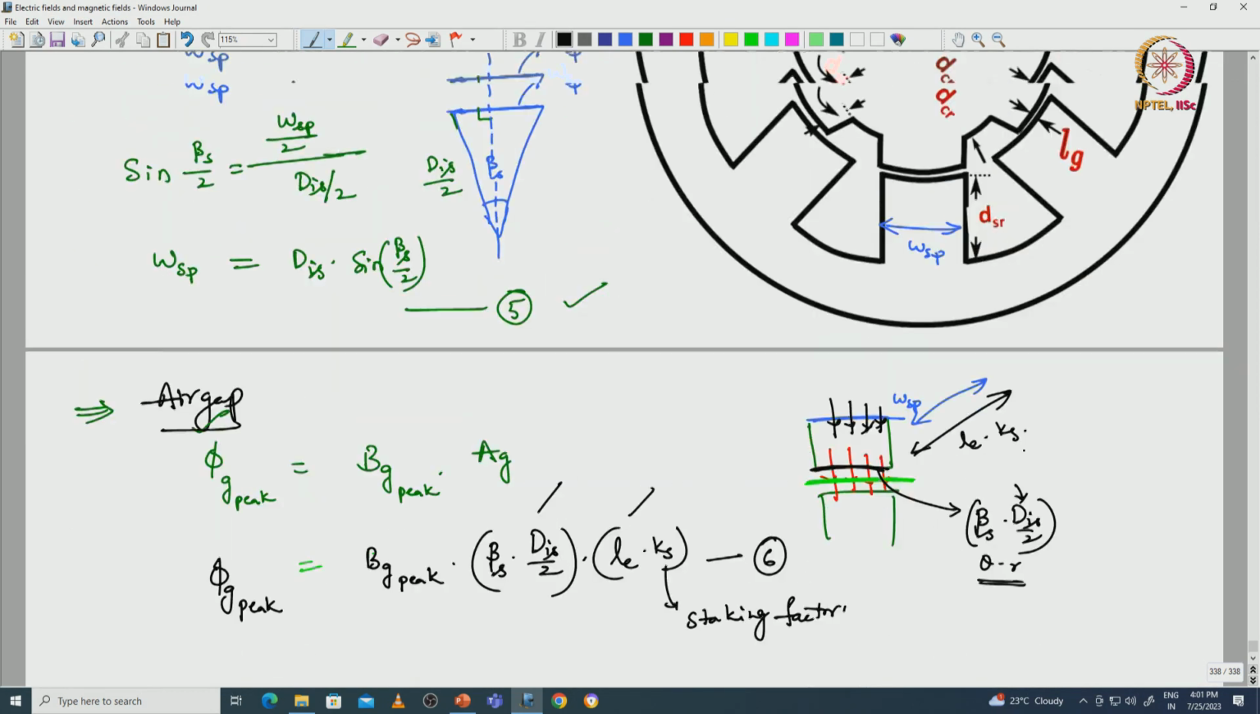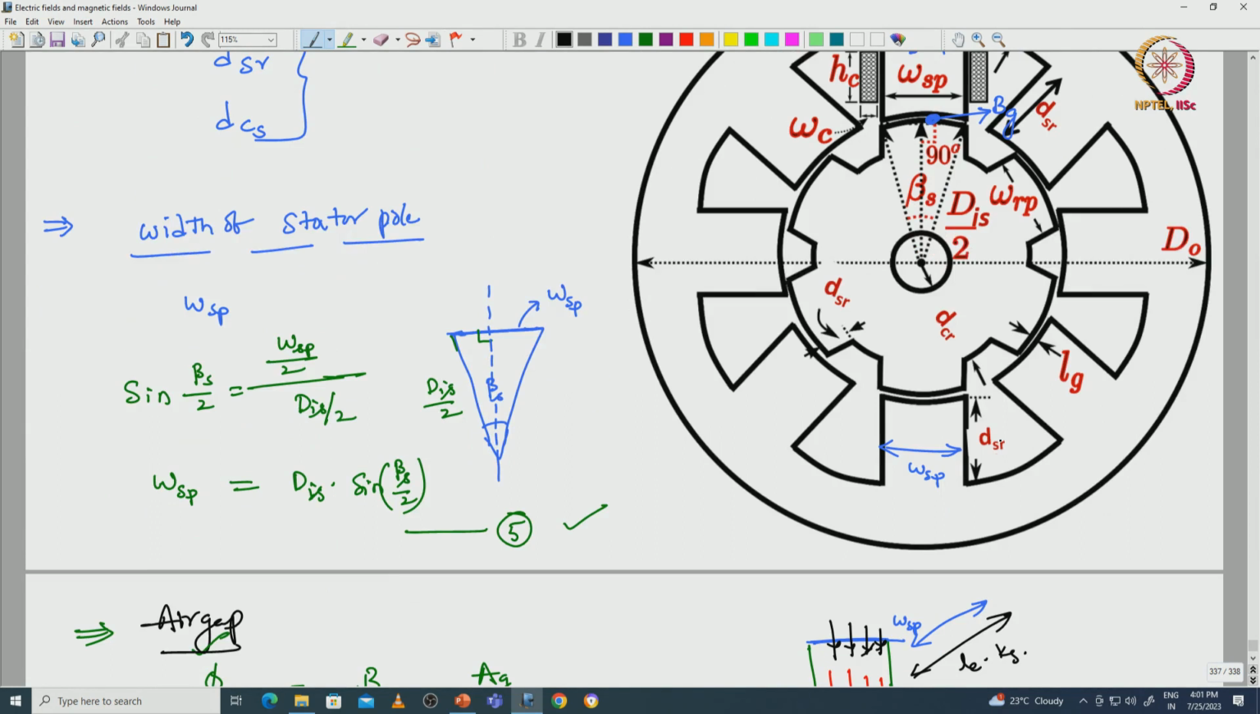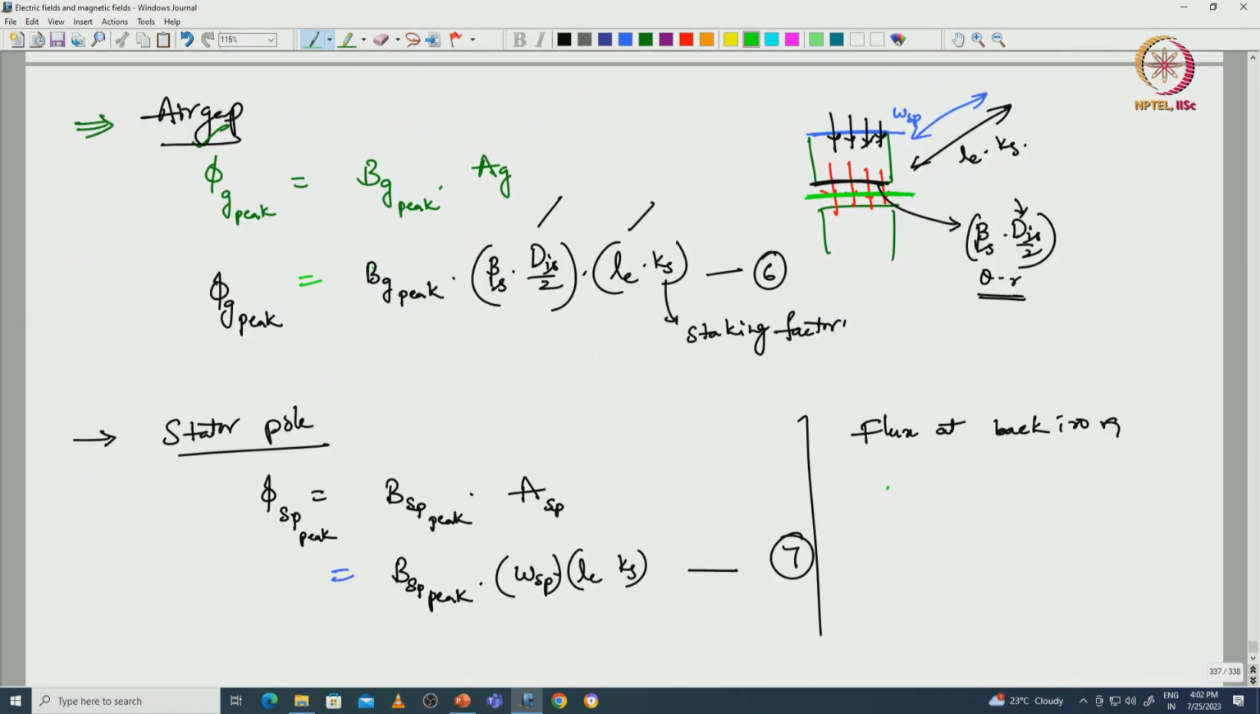At the back iron, if we look at this image, the flux is coming and splitting into two parts, right. This is the flux at the back iron, and the flux density at the back iron will be BCS. So the flux coming from one stator pole is dividing into two parts. With respect to that, phi CS by 2 is equal to